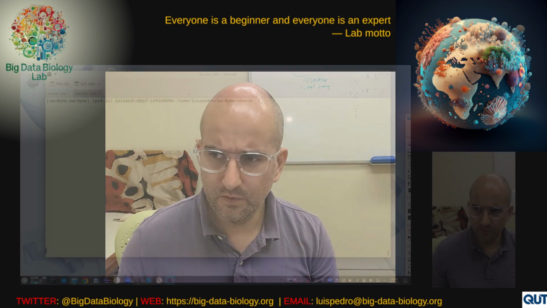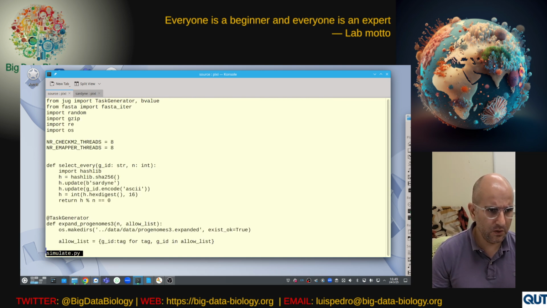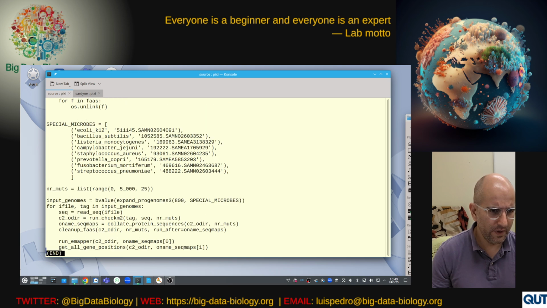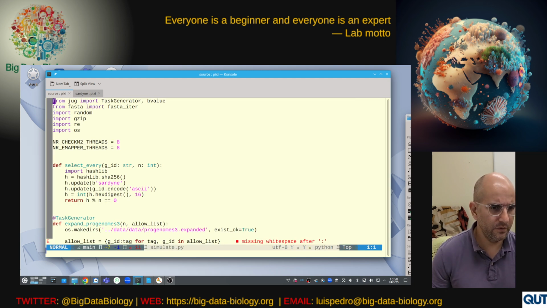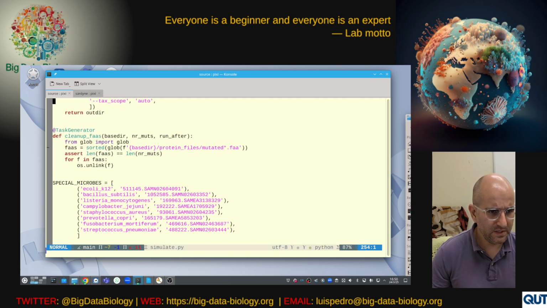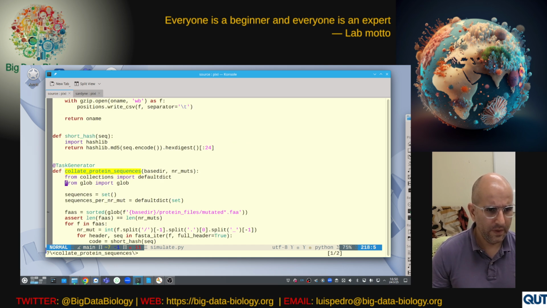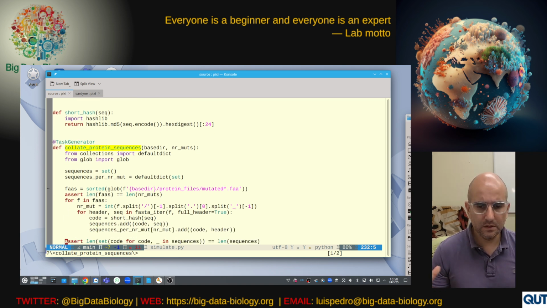For that, I'm going to share my screen now. We've done a fair amount of preparatory code, which we did already last week, where we were collating these protein sequences. Let me share it in Vim so that we have a little bit of syntax highlighting. What we did here is take all of the sequences and then hash them